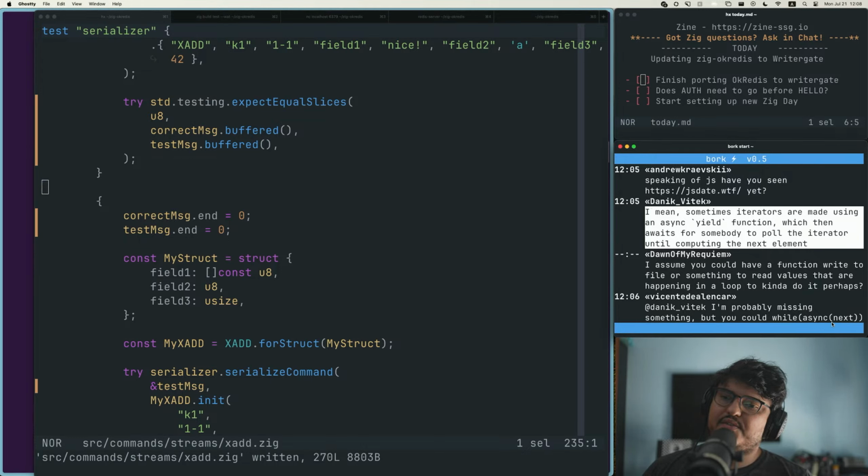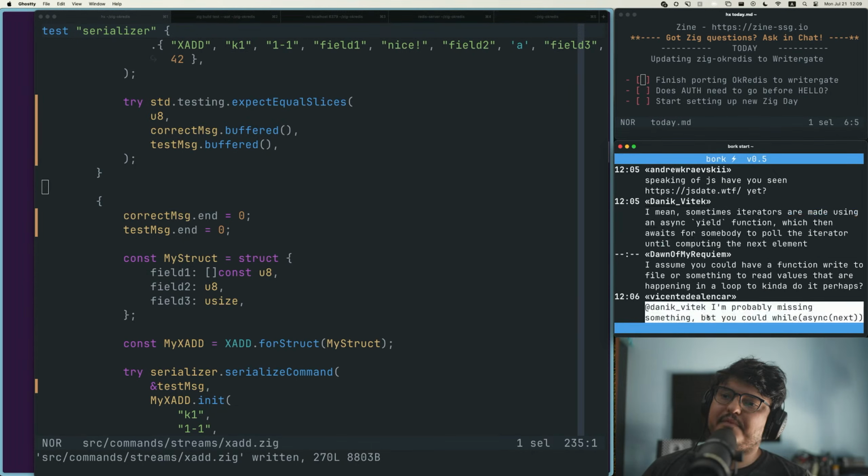You can do this, but the problem is that, well, it's not really. Let me think about it for a moment. Next. Like you call next multiple times. Yeah, you can do this, but this is kind of defeating the purpose, because your purpose is not to have